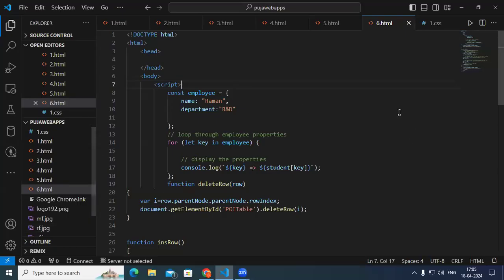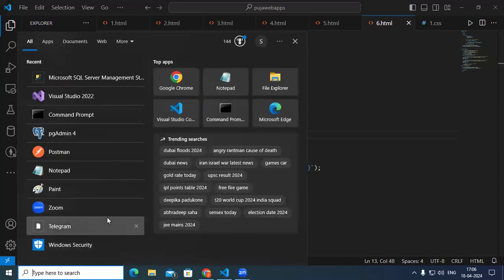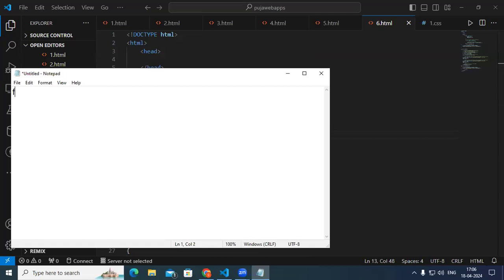So I have created one more HTML page. It is 6.html. So today, first we look into the loop, for in loop, that is. Okay, there are three loops as far as for is concerned. So for first form is like let